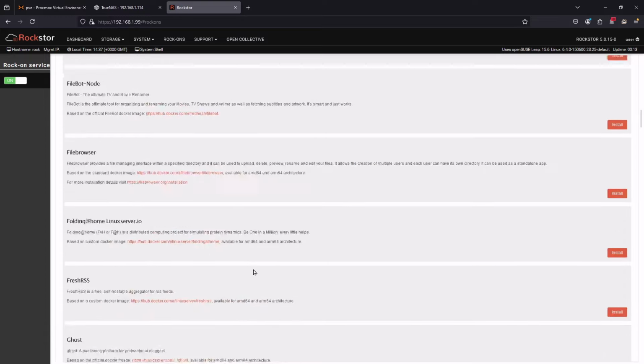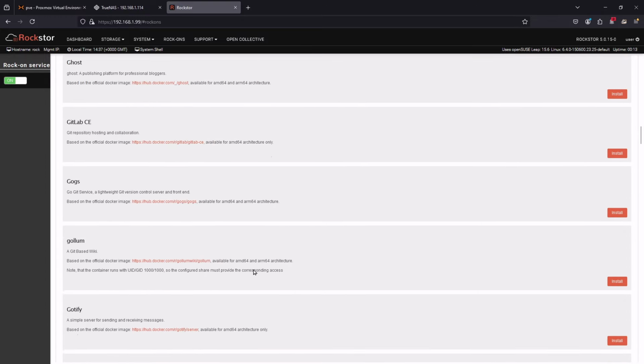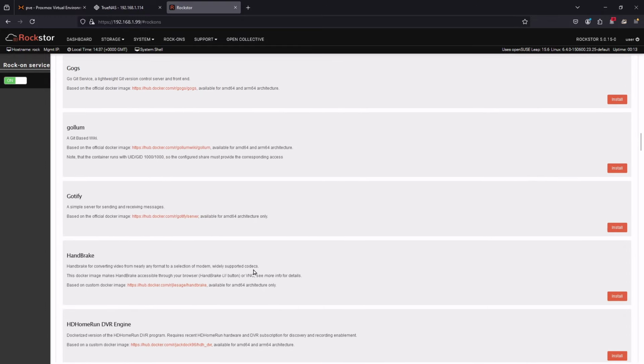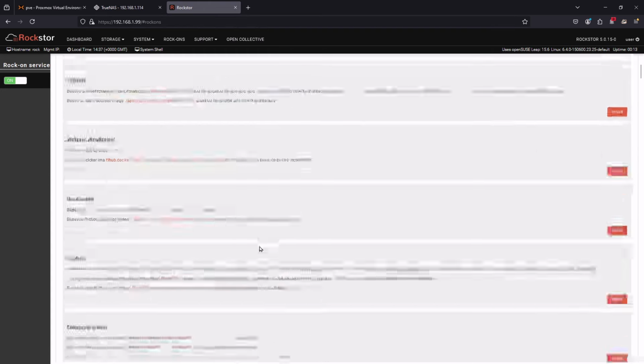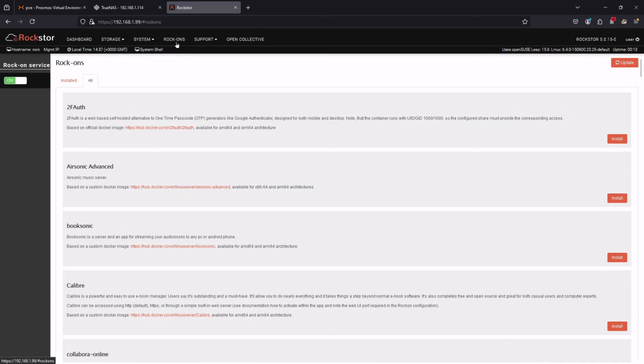You can configure the Dockers and you can just put them up and use them as you would normally use the Dockers on any other system. So rock-ons are mostly add-ons that are just Dockers. You can go through the support. You can go to the Open Collective site and you can then